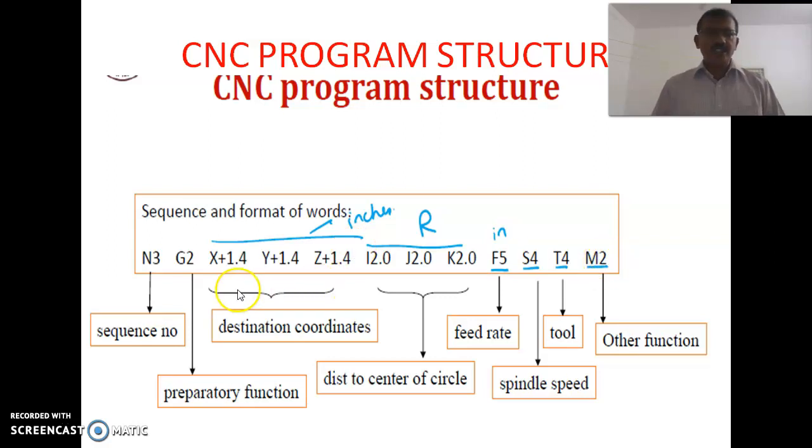So this is the general structure of a CNC part program. Every CNC machine consists of this type of structure. One or more G codes are used in the block, but only one M code is used in a particular block. More than one M code is not allowed in a particular block. So a part program consists of several such blocks. All the blocks are arranged to form a